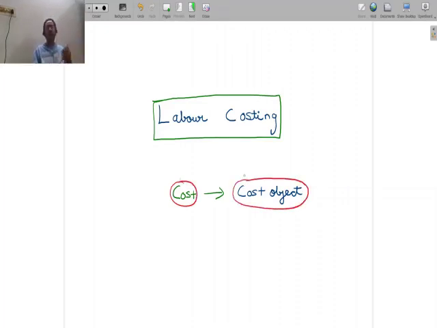Now what is a cost object and why do we want to find out the cost of a cost object? A cost object is any entity for which you can talk about calculating cost or finding out cost or collecting cost. So any entity for which you can collect cost or you can find out cost is what we call a cost object. To take some examples, for a manufacturing company, for a company which manufactures a certain product, a product itself is a cost object.